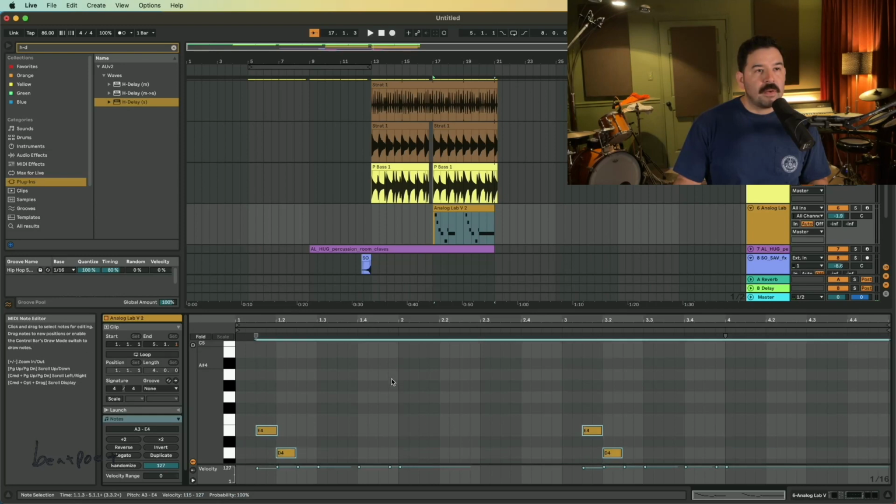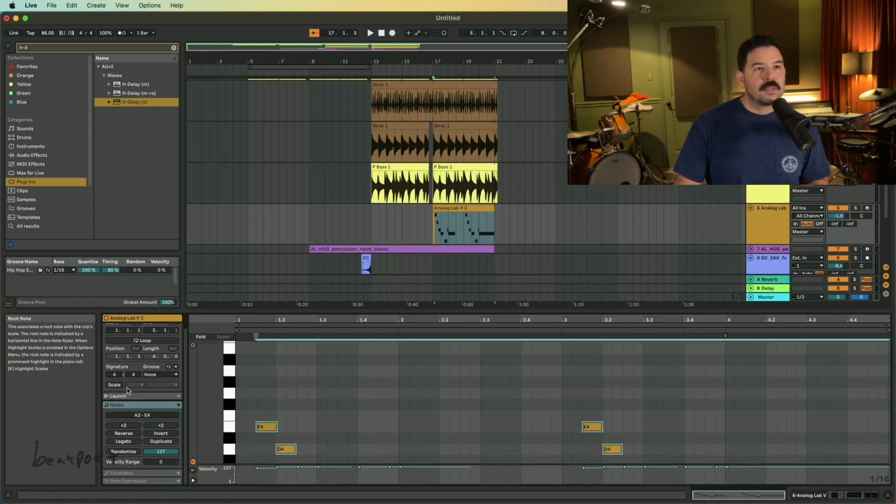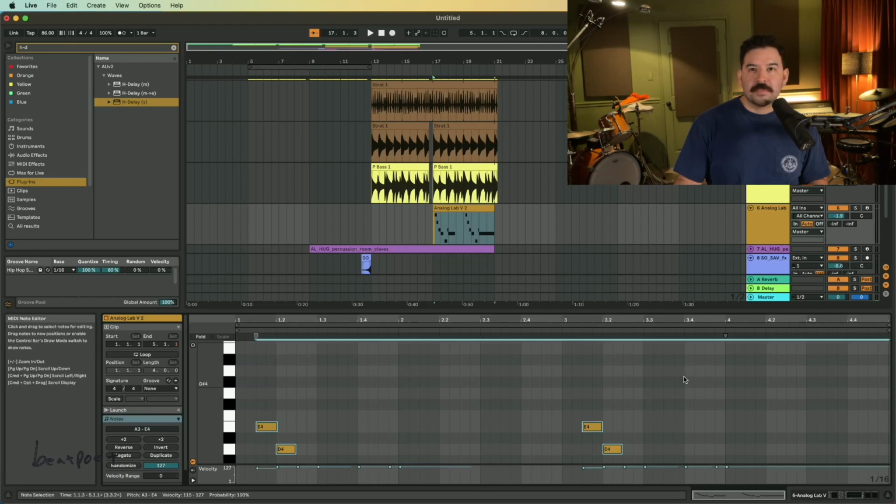The MIDI here, I don't know how to transpose down, but